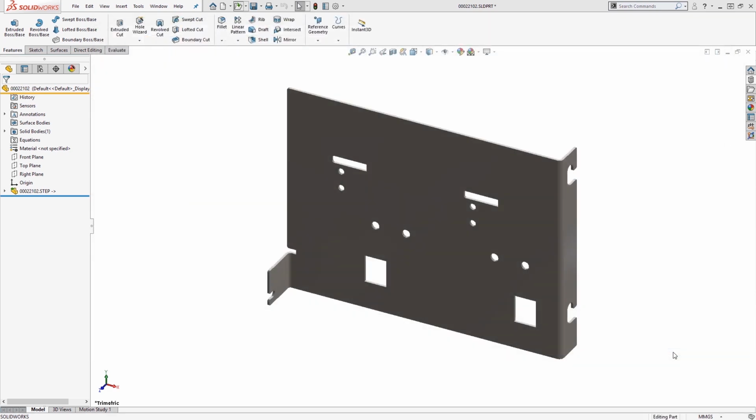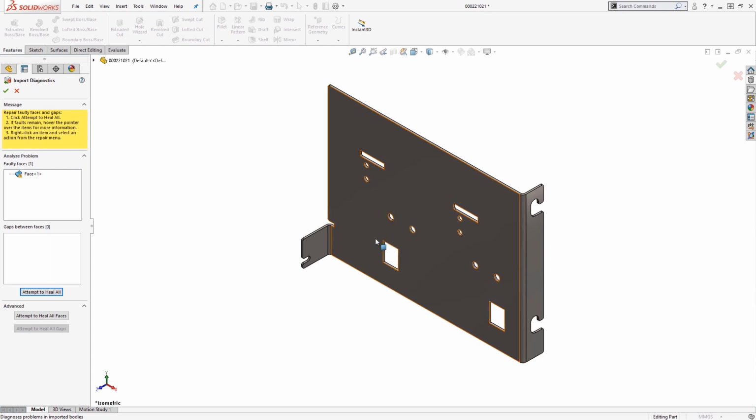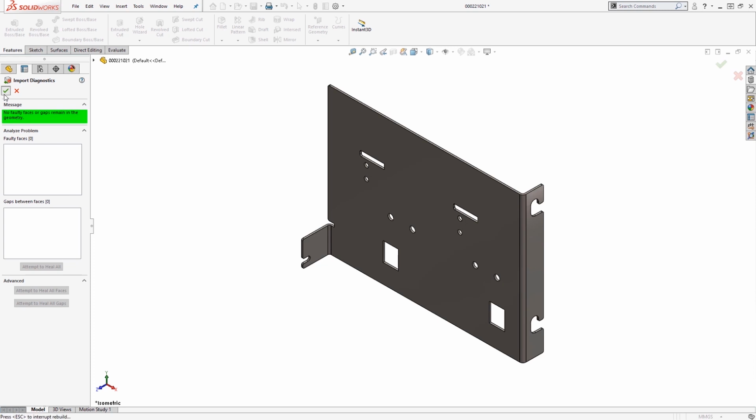After opening a STEP file with 3D Interconnect disabled, you'll have two prompts. The first will ask whether you want to run import diagnostics. This will try and automatically fix any import errors, and we strongly recommend that you run it every time you bring in a file, so it can really save you some problems and headaches, and it's usually dead quick as well. The second is feature recognition.